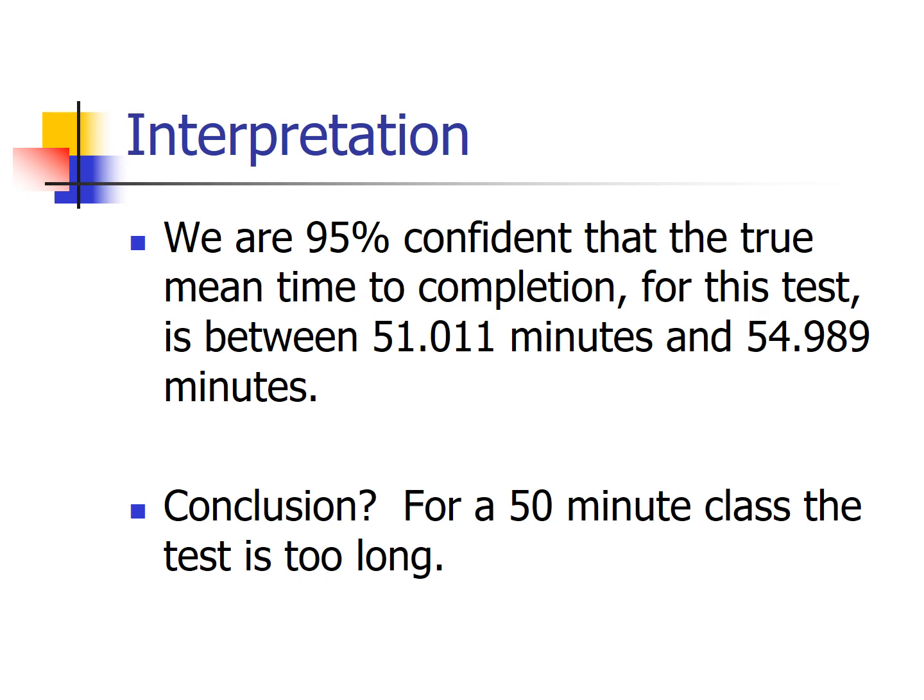So, the interpretation would be what? We are 95% confident that the true mean time to completion for this test is between 51.011 minutes and 54.989 minutes. Could we come up with a meaningful, actionable conclusion based on this confidence interval? Well, I think we could. For example, if this test is intended to be given in a 50-minute class, what would we conclude? We would conclude that although we do not know how long, on average, it takes for students to finish this test,